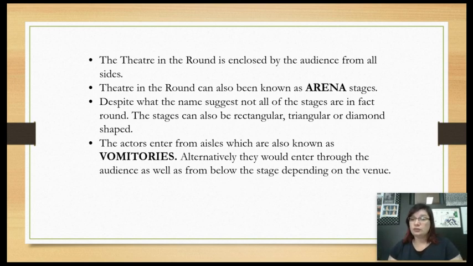So some venues might actually have like a little trap door in the middle of the stage that people could enter up through. It would be very rare that they would enter down onto the stage because the whole rigging system is not the same as on a proscenium arch stage. So on a proscenium arch stage, you have the fly tower, which you will not get, or not the same kind of fly tower as